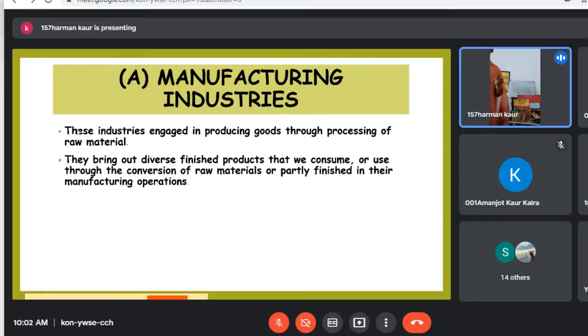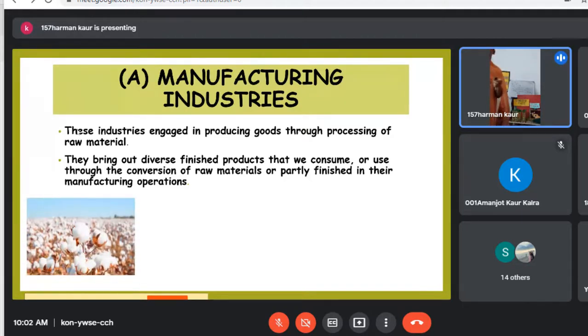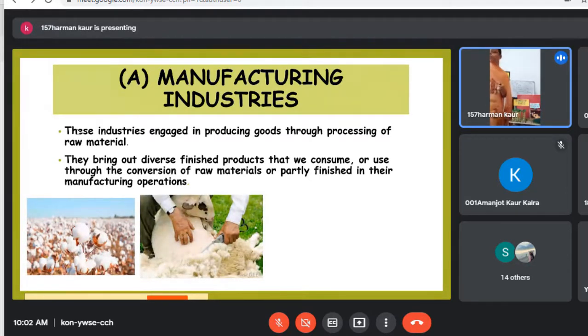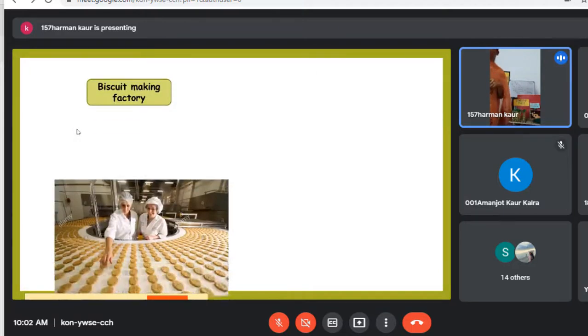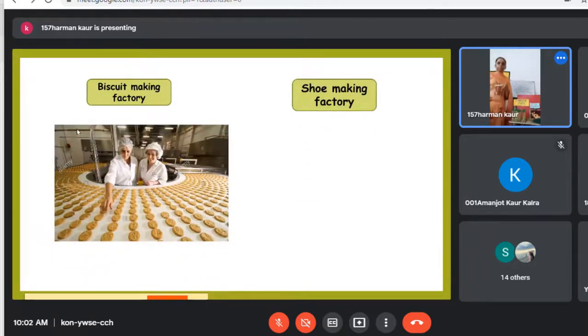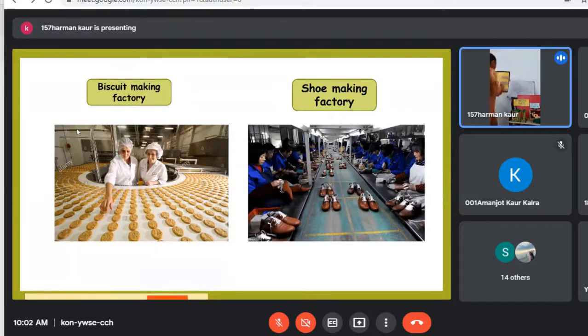So here we have an example that cotton and wool are used to make clothes, and the clothes are manufactured in factories. So cotton and wool are products or raw material of primary industry, and these are used to make clothes, and clothes are manufactured with the help of cotton and wool. And this is an example of manufacturing industry. The next examples of manufacturing industry are biscuit making factory and shoe making factory. Now, the manufacturing industry is further classified into four main categories. And the first one is